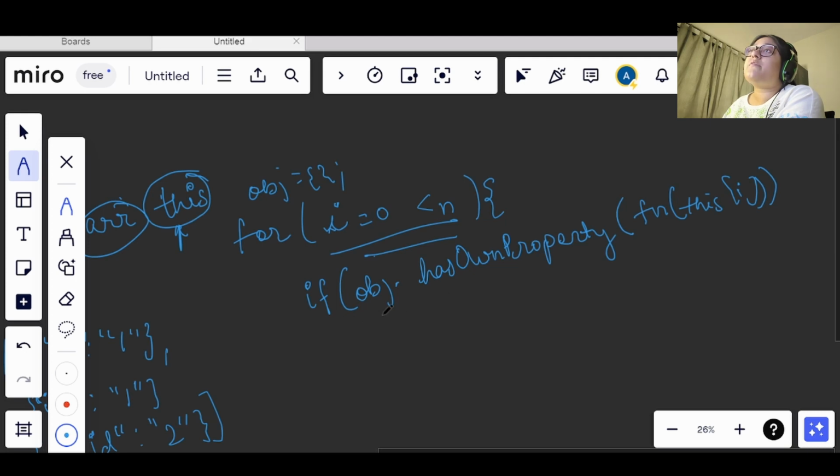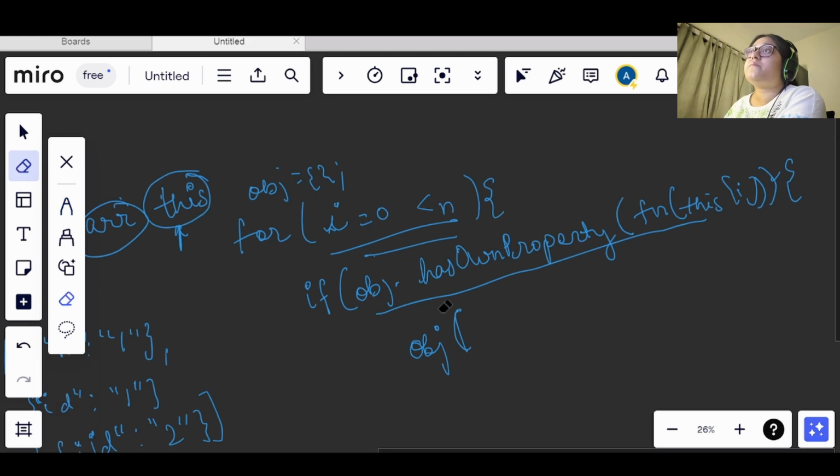Now we are checking that if this object has the property or not. If it has the property, then we will take the object for that key, it will be square brackets here. So here also, in order to get the key, we can take this fn of this of i.